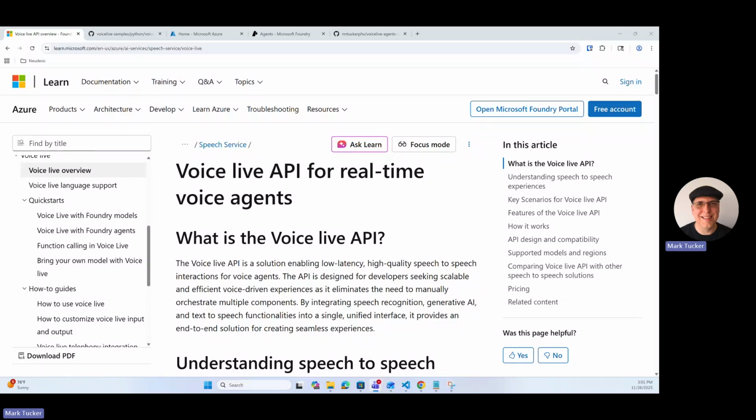Hello, this is Mark Tucker, and today we are going to talk about how to create voice agents in Microsoft Azure using the Voice Live API. These agents are going to be hosted in what used to be known as Azure AI Foundry, which is now called Microsoft Foundry. Here is the documentation that talks about Voice Live and gives an overview of what the API